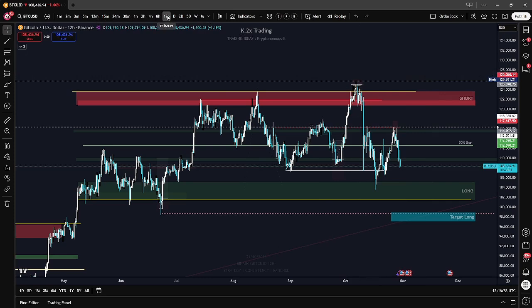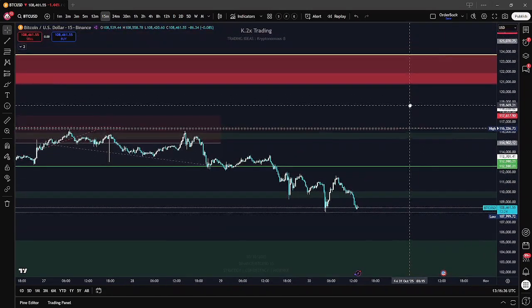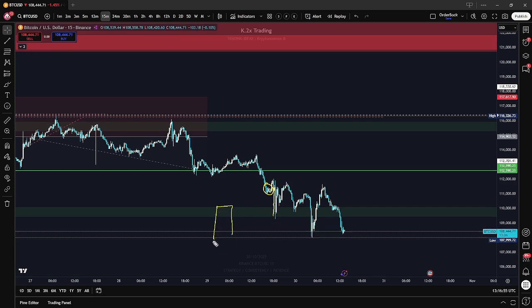So I'm going to go from the 12-hour all the way down to the 15-minute, because yesterday was kind of a slumber, we were going down, and then the news hit. And here it is right over here. We ended up dropping before the FOMC started. And then we took this really big drop, which, if you check out yesterday's video, I mentioned would be the area for a short-term long, right? And if you notice,